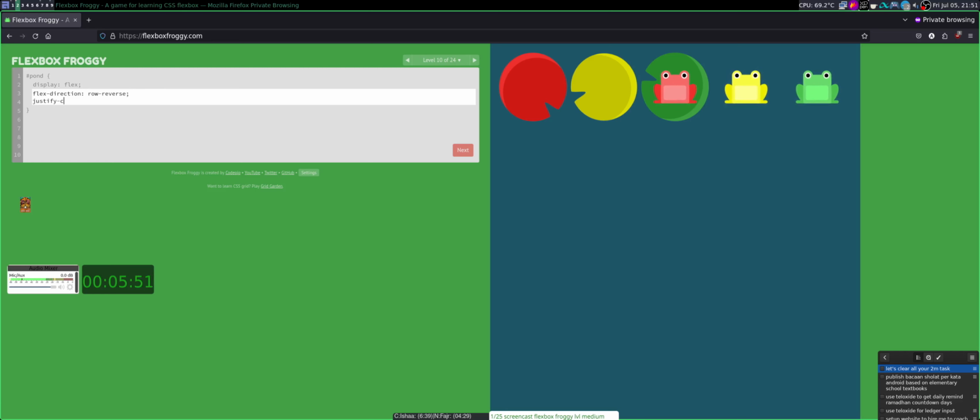So that's justify content, because this is still a row and this is still the main axis, but because this is reverse, the flex start is on the right. If I'm using flex-start, it will be on the right. If I want it on the left, it will be flex-end. Because this is the reverse, usually the left is start and this is end, that's a normal row. So in the reverse, the justify content needs to be reversed too.